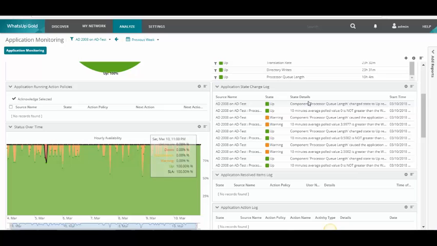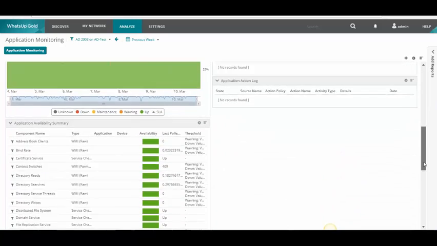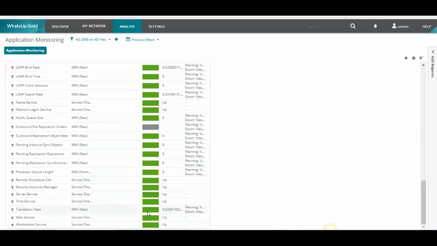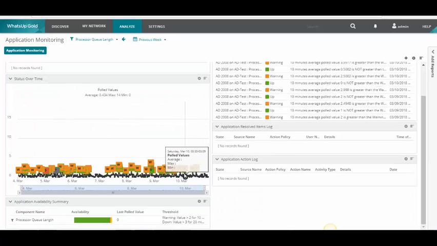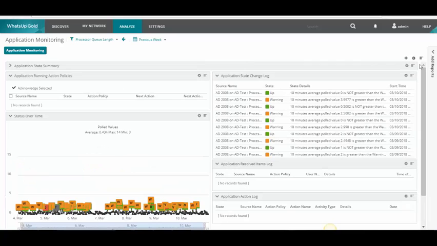And if you are, what are the things that are going in warning or going down that are affecting this application? And we can see here we're having an issue with the processor queue length. So we can click on that and dig deeper into just that individual component, and we can see exactly when that's gone into warning or into a down state,